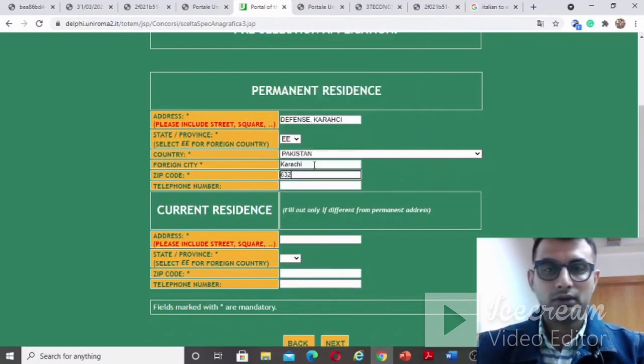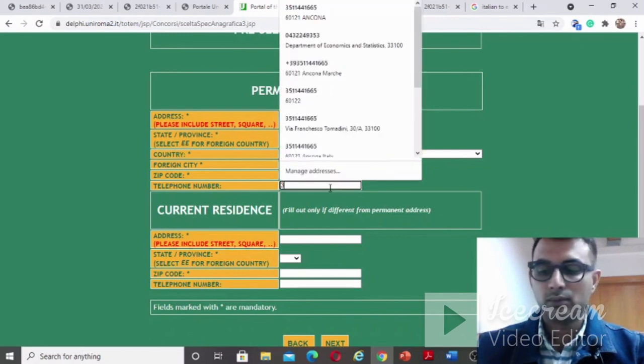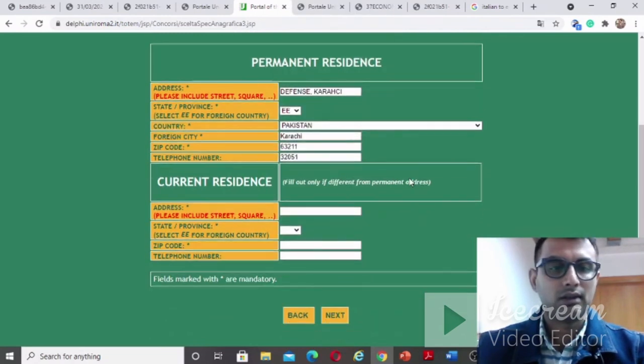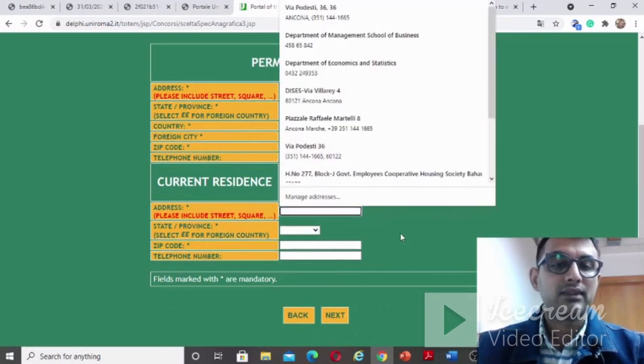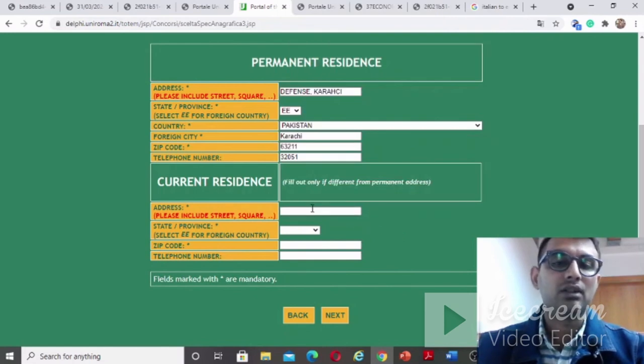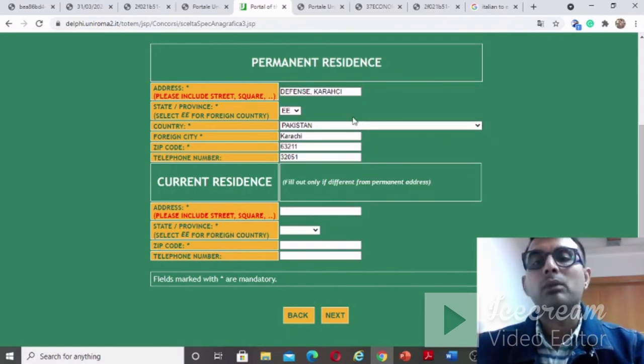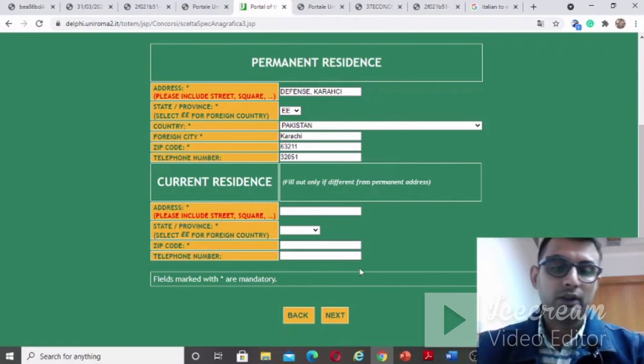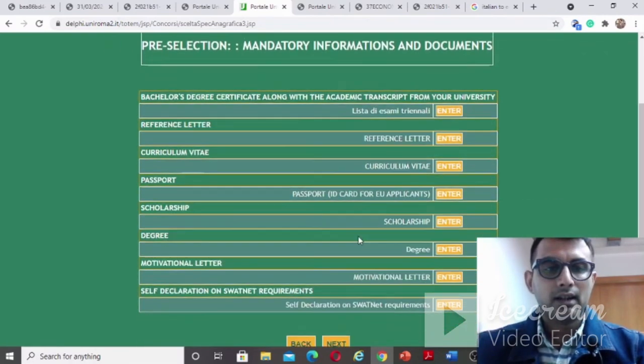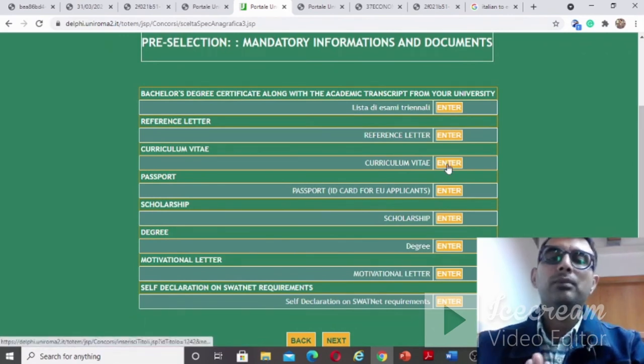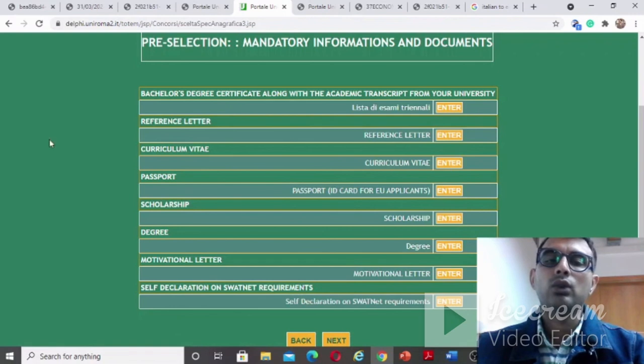Zip code 211, whatever you want, telephone number, anything you can add here. Your current address, if it's the same but still you have to repeat it. Fill out if different from the permanent. If it's different from your permanent address, then okay, otherwise you don't need to fill this. Next. So here you see, you come to the final page where you have to enter all the documents, bachelor